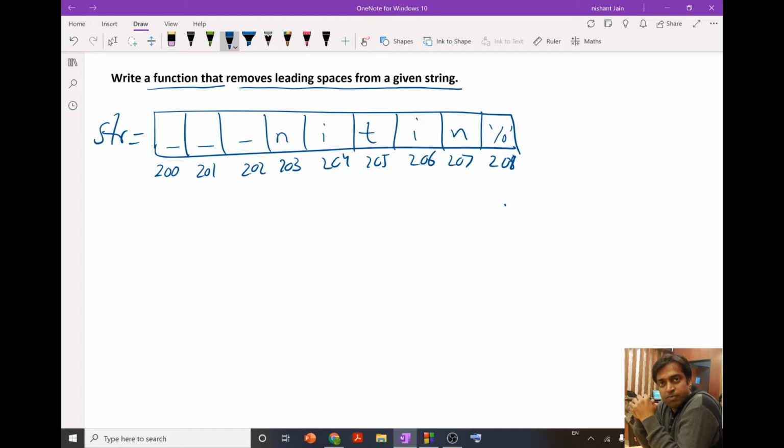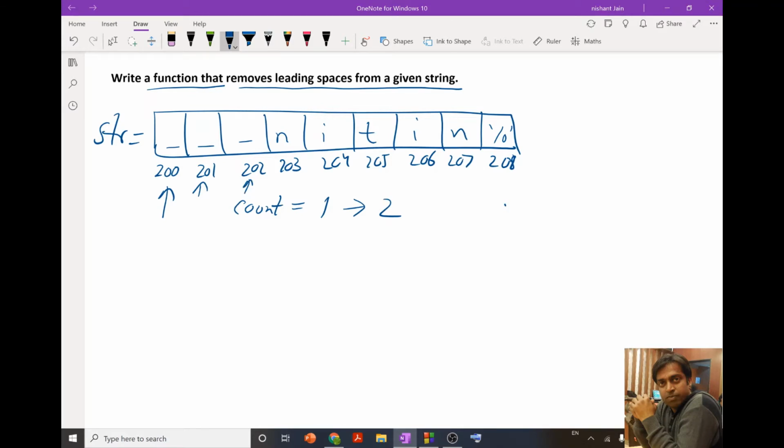So first we are going to check this one. If it is a space, we will create a counter and make it 1. Then we will check the next one. The next character is also a space, so we will increment it and make it 2. Then we check the next one.